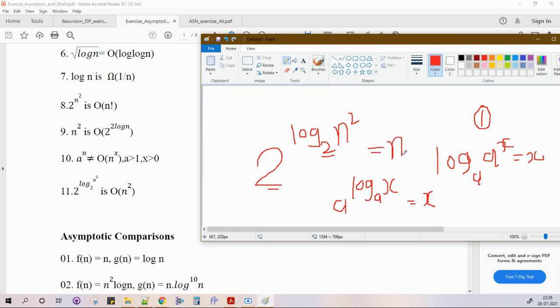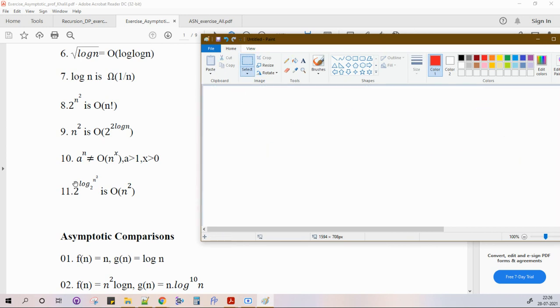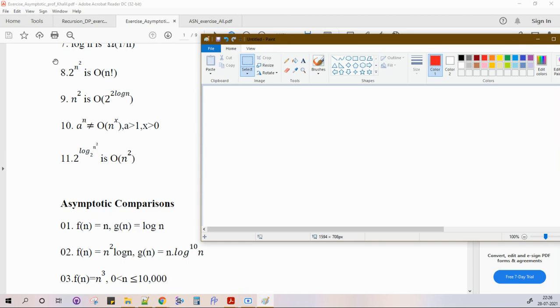So this is nothing but n square. And what they are asking is whether n square is order of n square. Yes, definitely. Correct. So these two are identities that we should know, because a simpler question can be converted into a medium hardness question by doing this transformation, right? All the rest, 8, 9, and 10, are really easy. 9 and 11 are repetitions.